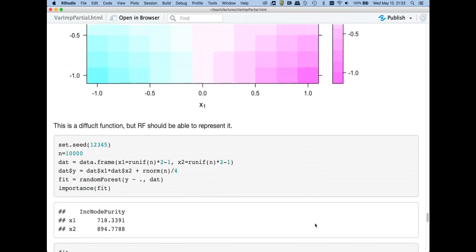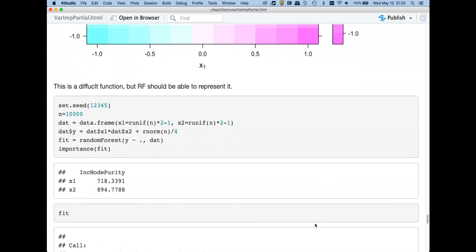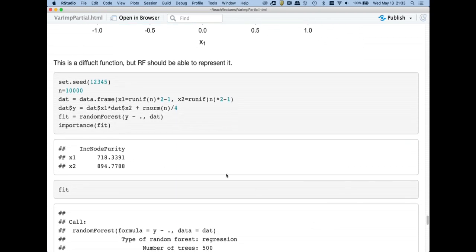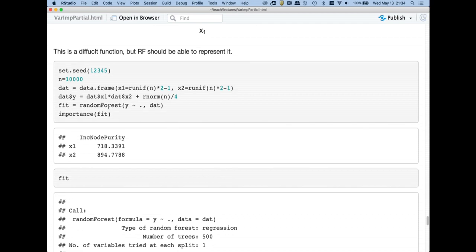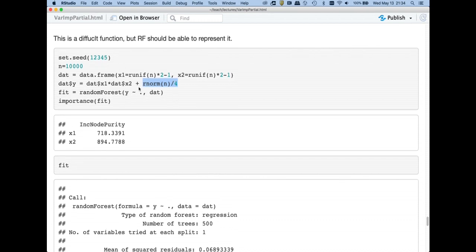Well, what would happen if we go fit a random forest on this? So it's quite a difficult function, impossible for just an additive model. Even for a random forest, this is not going to be easy. Notice I've added normal errors with a standard deviation of 1/4. So the variance would be 1/16, or 0.0625. All right, I'm going to go build a random forest, and what you'll see is the variables are roughly